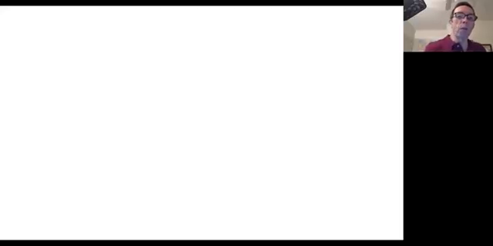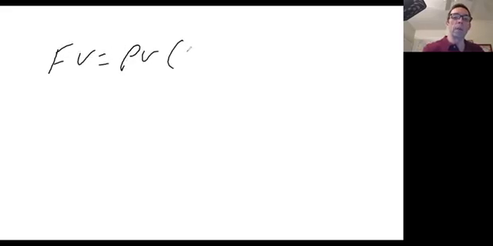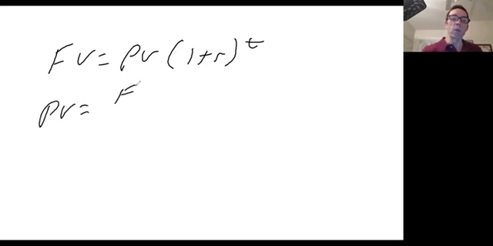So let's go to our whiteboard and remind ourselves that we have this formula: future value is equal to present value times 1 plus r to the t. So we know how to find future value. Well, we can rearrange this formula to solve for the present value, to solve for r, or to solve for t. Let's do the one that we use most frequently first, and that is to solve for present value. So we can say that present value is equal to the future value divided by 1 plus r to the